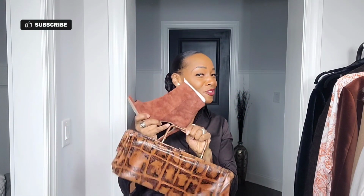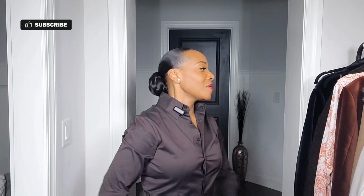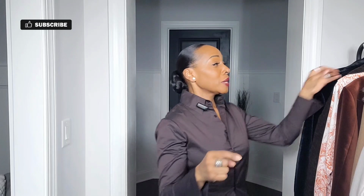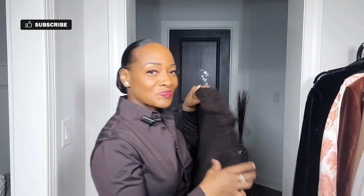But yes, these were what we accessorized with for sure for that look. Moving on to number 4, we're going darker now. We're going darker, and I'm actually kind of wearing it. This button down that I have on is an Express button down. I've had this top for about 15-ish years, but I only say that because it's the exact color that we're going for right now. This chocolate